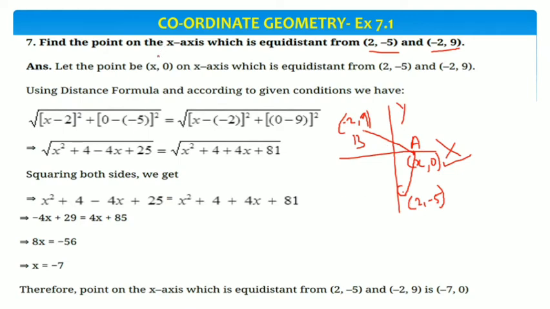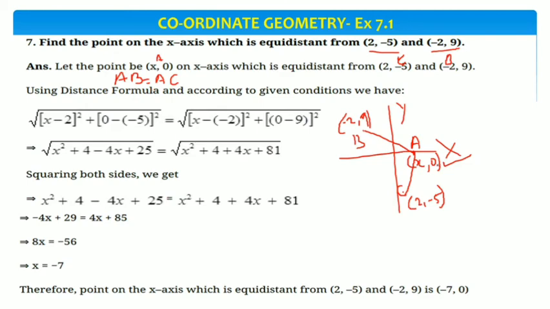Here we can write, suppose this point is A and this point we have taken as C, and this point we have taken as B. Now, so what we are getting here, that AB equal to AC. So this is our condition here. The length of AB is equals to the length of AC. So this is the information given here. Now using this information, we have to find the value of this point. Means we have to find x.